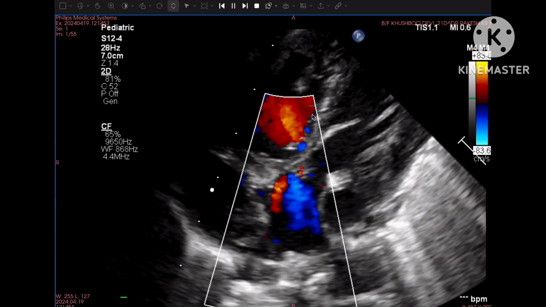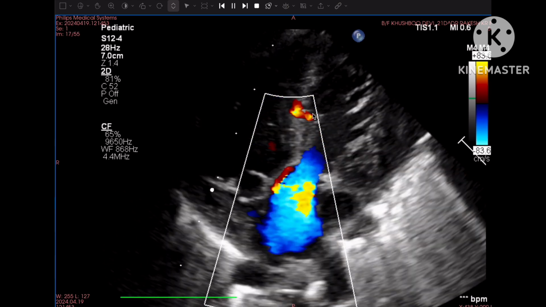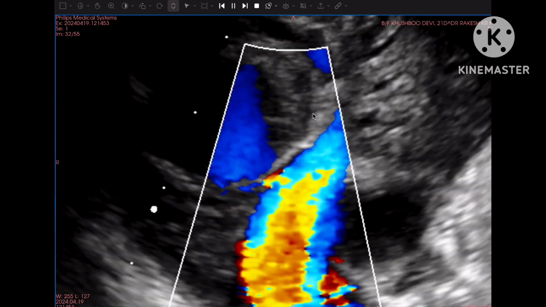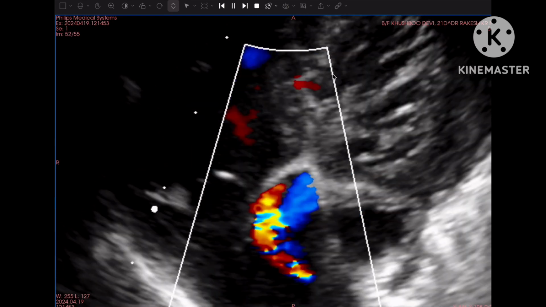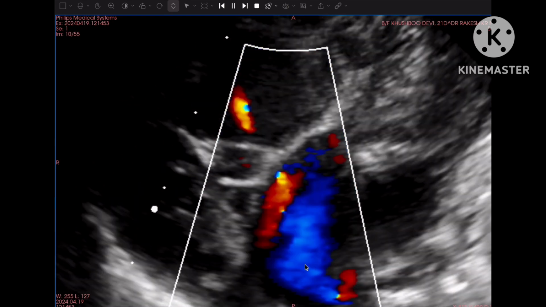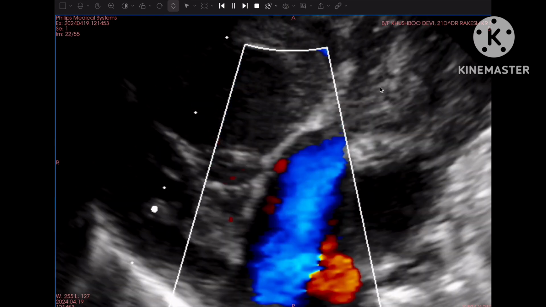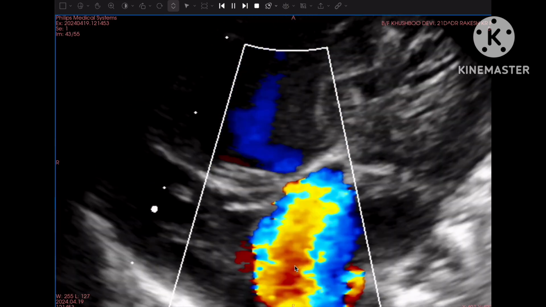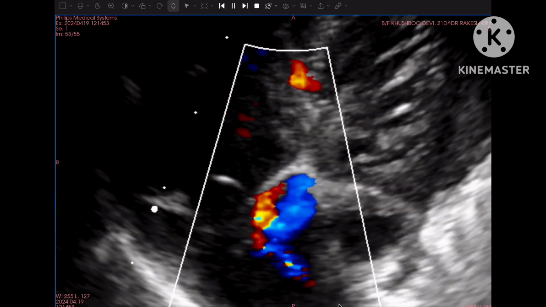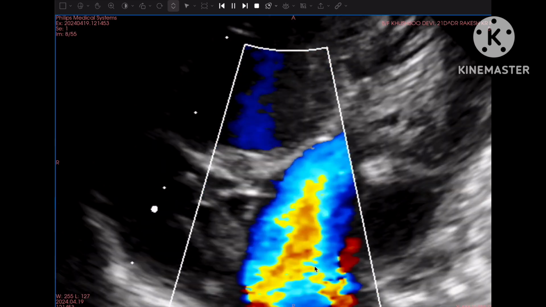This portion you see here. You can see this is a VSD portion. Flow is bidirectional in the VSD. So this is left ventricle, this is pulmonary artery, because it is bifurcating, at the same time it is getting blood from aorta through patent ductus arteriosus,